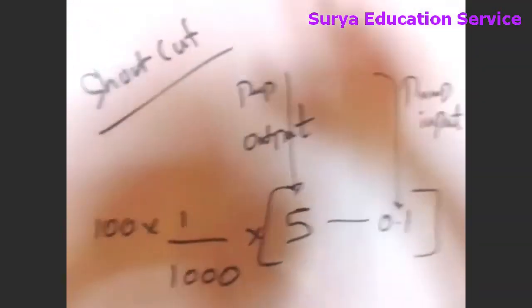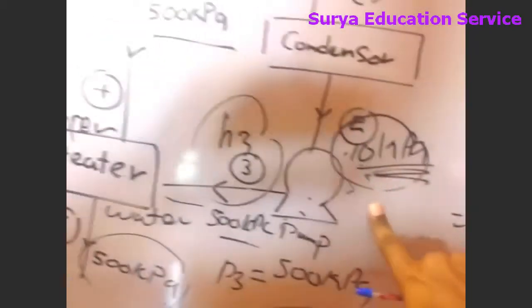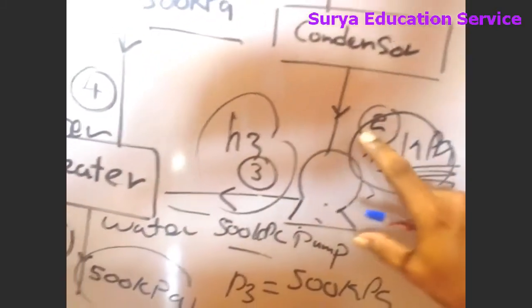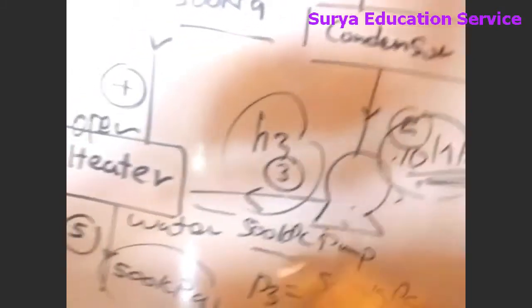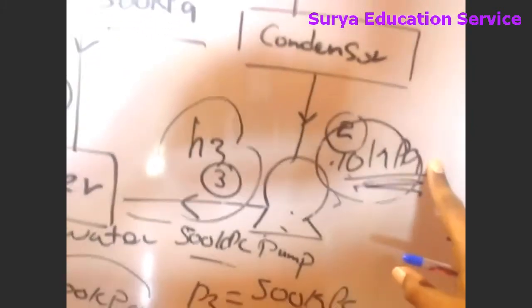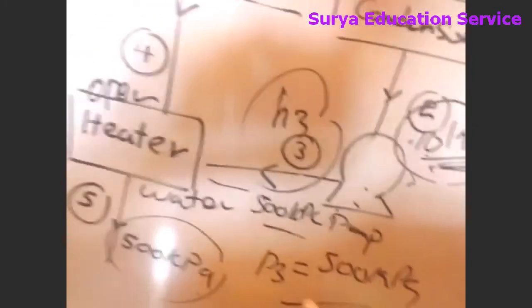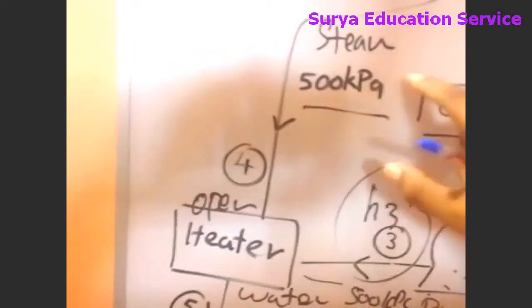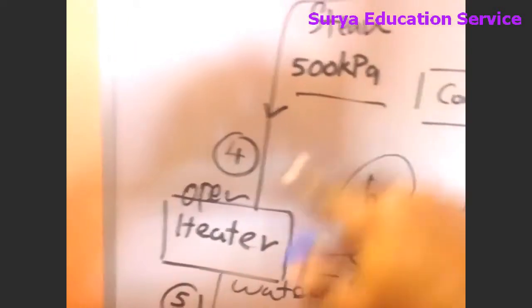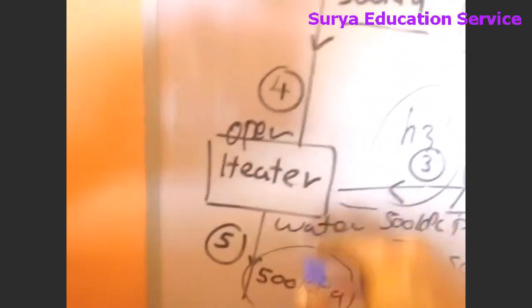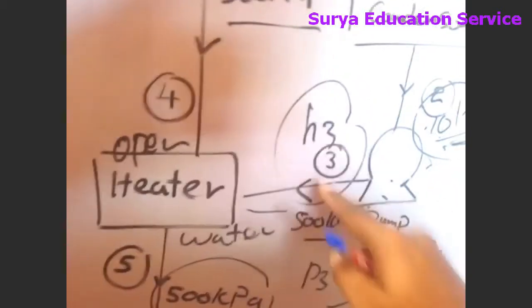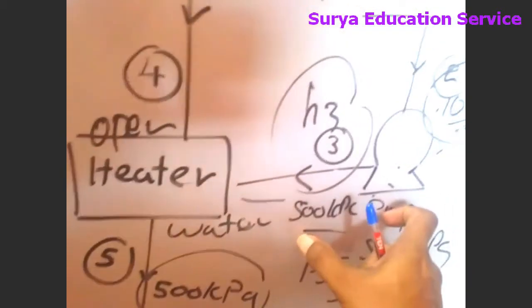Okay, now I will teach you the shortcut of calculating the pump work. Guys, that is also easy, right? Here we evaluated the pump work in the accurate manner. Now I will teach you the shortcut. If you consider this pump, there is the input part and the output part. What is the input pressure? 10 kPa. What is the output pressure? 500 kPa. And you know how to get this 500 kPa, because the input pressure given to the heater is 500 kPa, so after the heater output you will be getting 500 kPa water. In order to satisfy that, the output from the pump must be 500 kPa. So that is how you obtain this value.